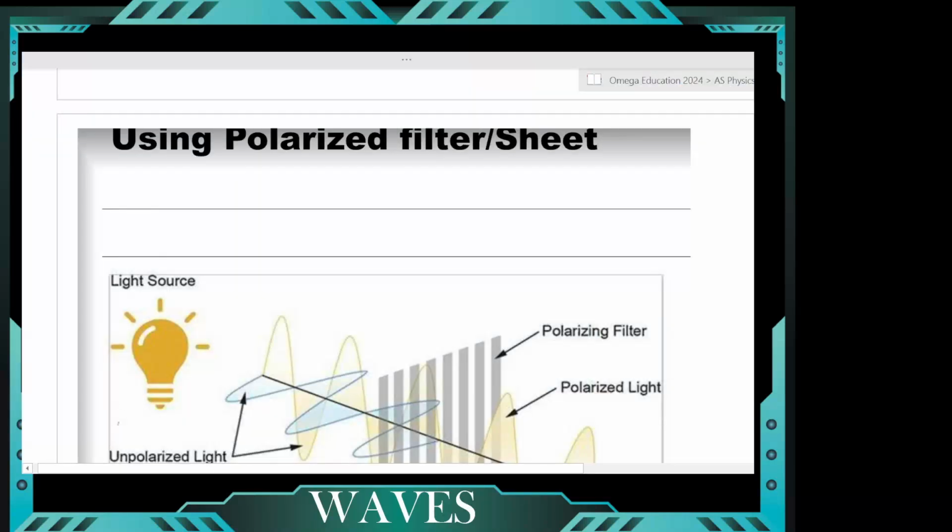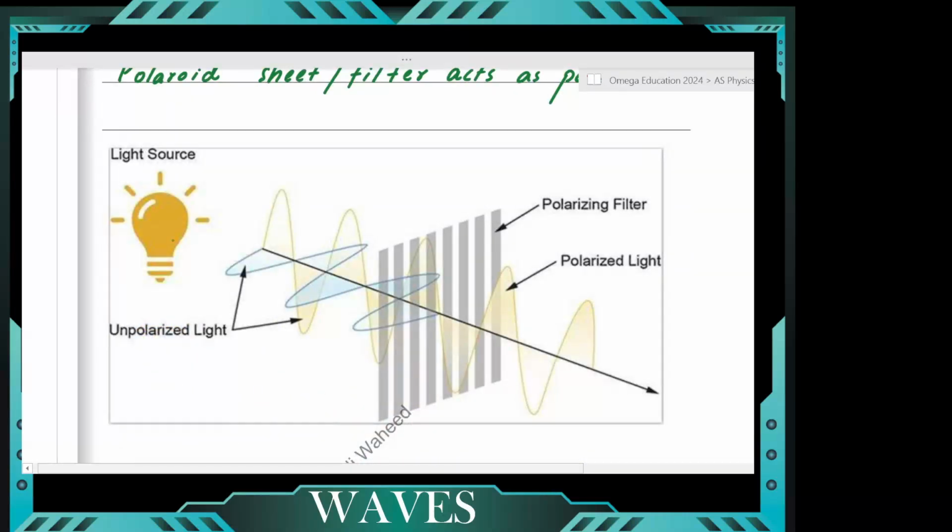Using the polarized filter or sheet. In order to polarize the light, you have to use a certain kind of sheet, a certain kind of filter that is called Polaroid sheet or filter. So what do you see in this one? Once again, the same thing. You have a source of light. The source of light produces unpolarized light, and you have placed a polarizing filter that you can see, which is